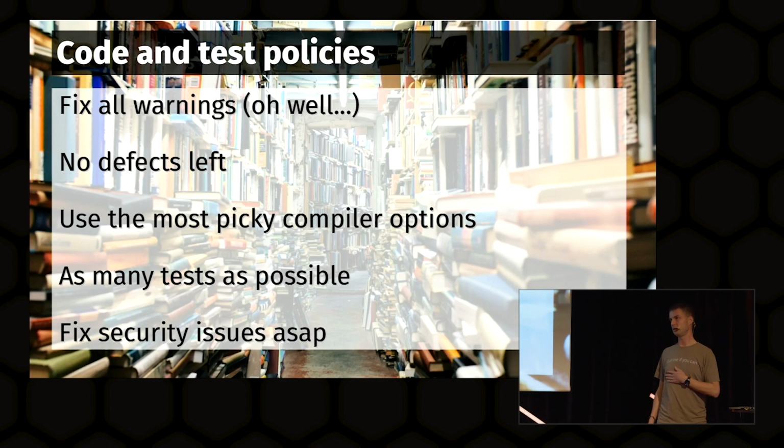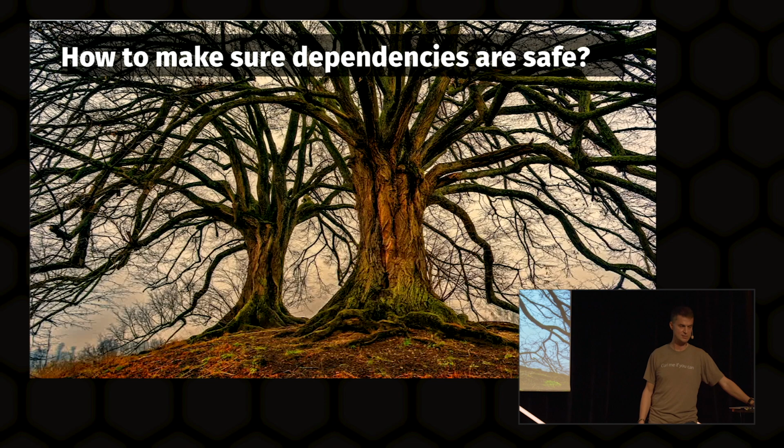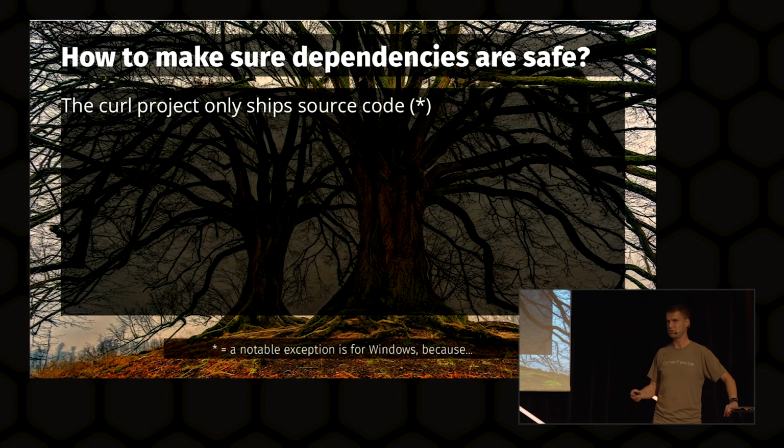And as I said before, we have up to 30 different third-party dependencies. So how do you fix all those third-party dependencies? Because everyone is like a big tree, right? So how do you make sure that curl is safe when it uses all of that and everywhere? And the easy path for us is that no, we don't fix that because we only ship source code. So we lean pretty heavily on someone else to fix that problem.